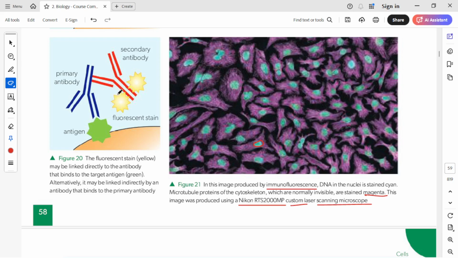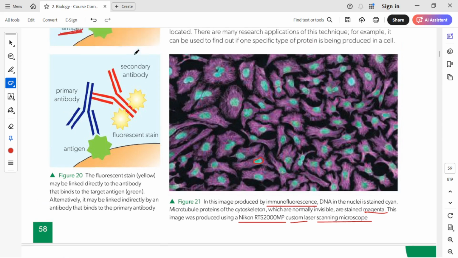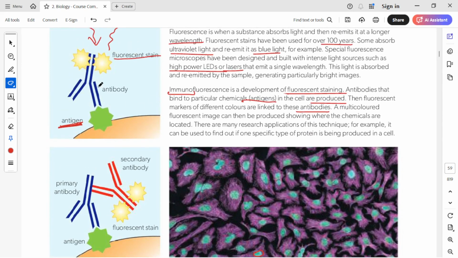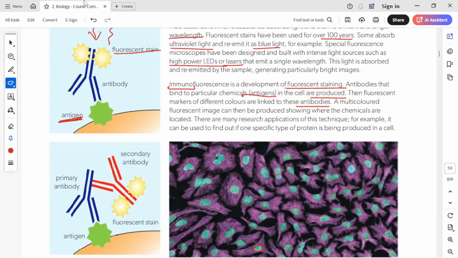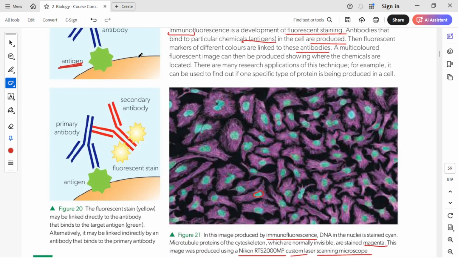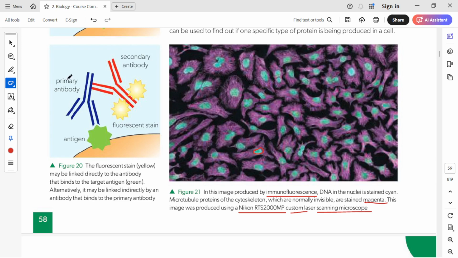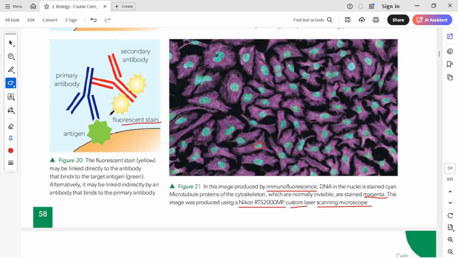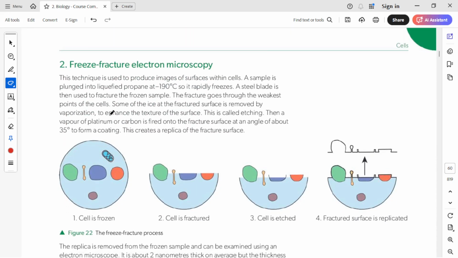Okay, in this figure, a secondary antibody was used. Here, one primary antibody binds directly to the antigen and is labeled with this fluorescent stain. Here we can see the antigen; to the antigen a primary antibody will bind, and to this primary antibody a secondary antibody, which is tagged with the fluorescent stain, binds, and then we can see the result. Again, the same way we get a color re-emission from this sample. That means that the antigen is present in the sample.